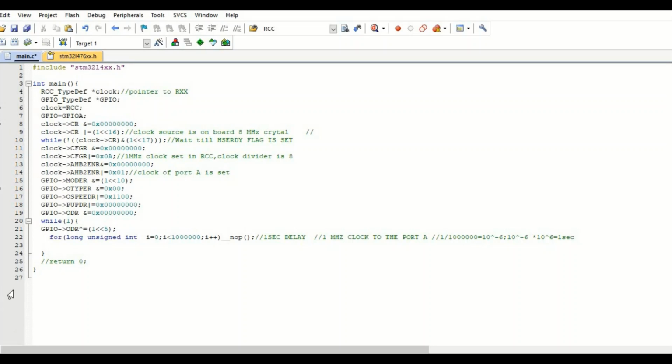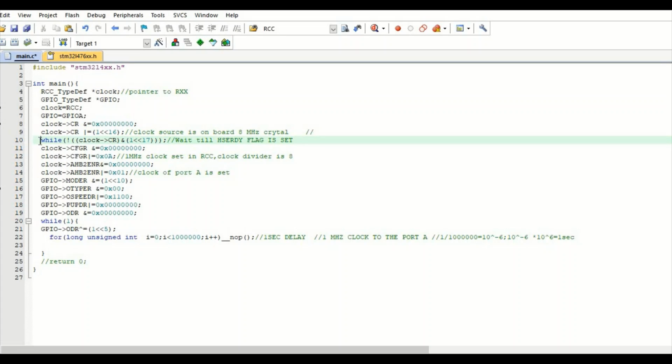So we have just explained how to select the HSE clock source through the onboard crystal of 8 MHz. Now we will continue further.